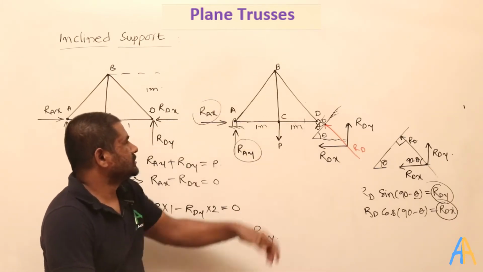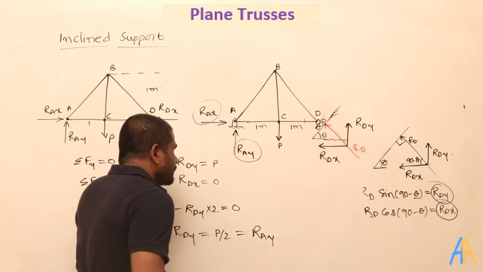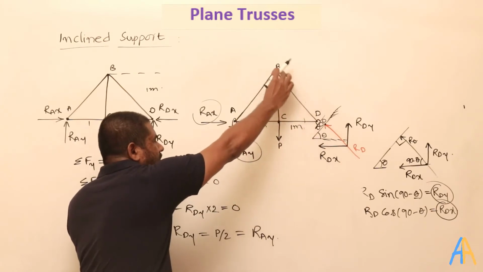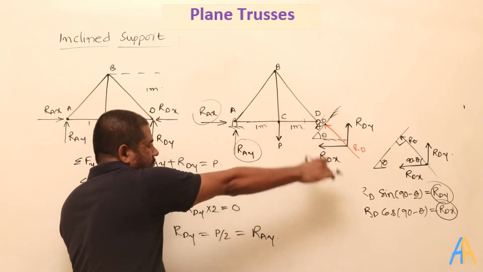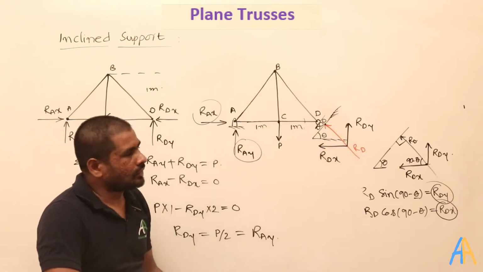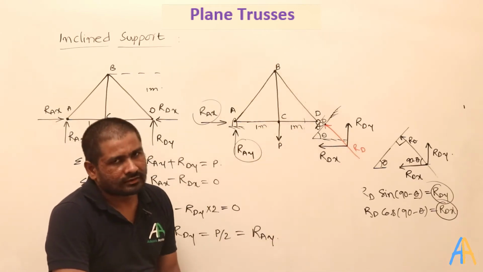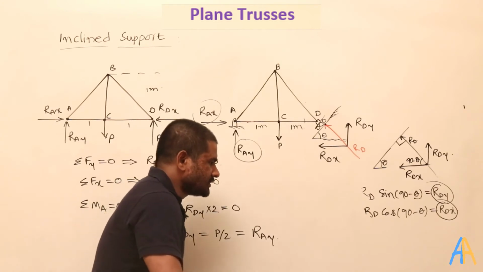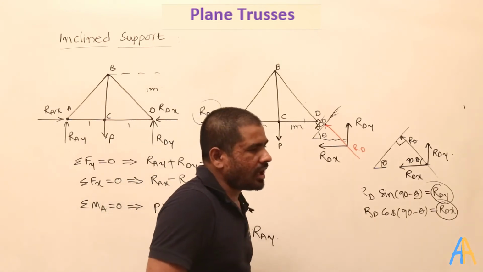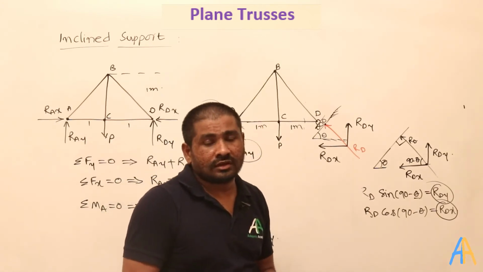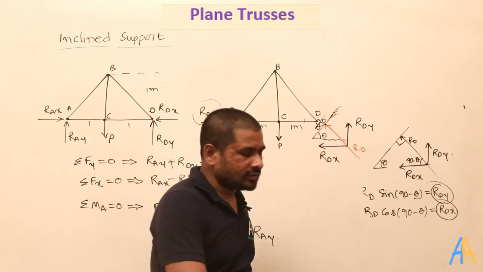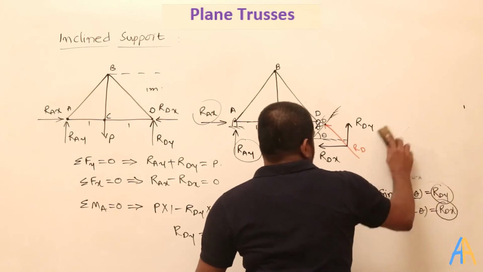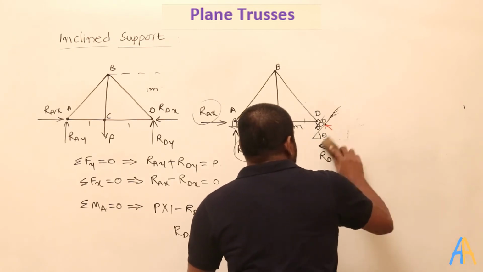Once you know the tension in the AB, and even here I know these reaction forces, I can find out the tension in the AD and then CD. Okay, so like that we will calculate this. But in some cases, especially in the examination, some questions will be asked which are very easy if you can understand further. What is that? The same question I will make a little bit like this.